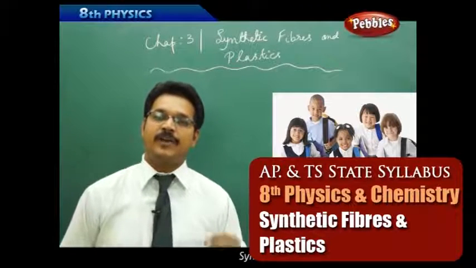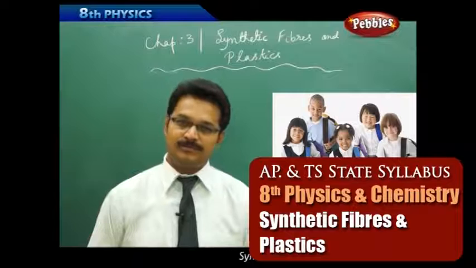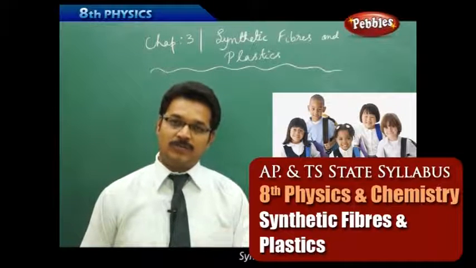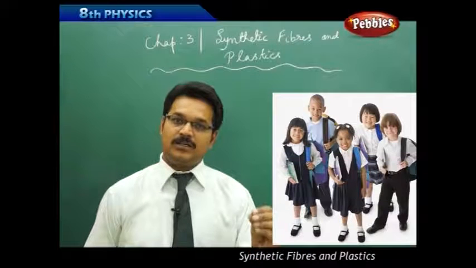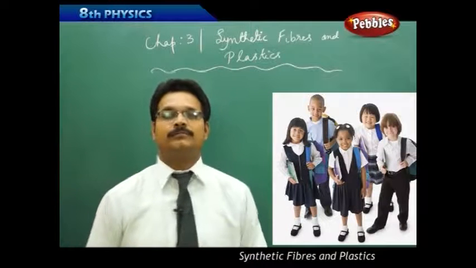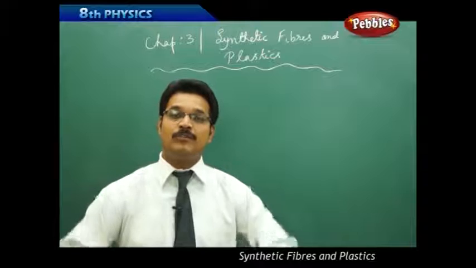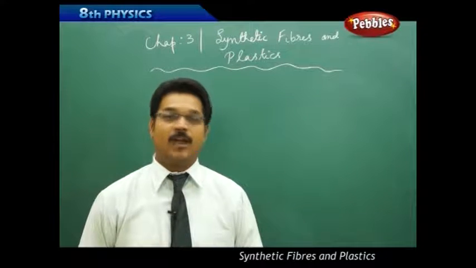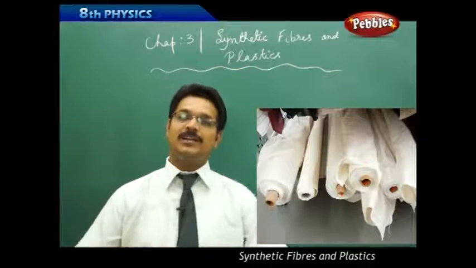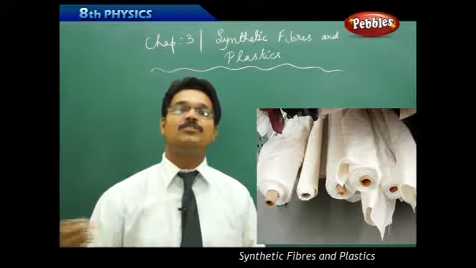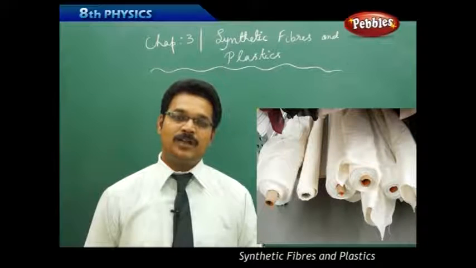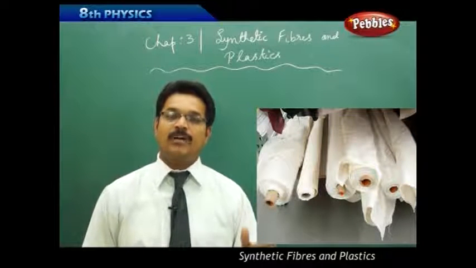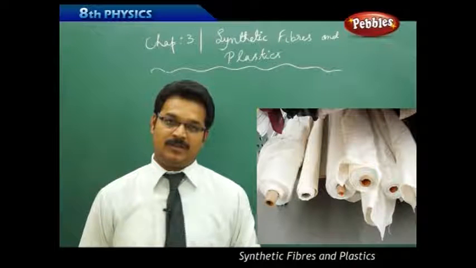And if you want to have the white shirt and blue pant, you go to your clothes showroom and ask the salesperson to show you the white cloth and blue cloth. Then what happens? They will show you many varieties of white clothes in front of you. And you get confused. All look like white. Which one do you have to choose? And the question comes: why are they showing many varieties of whites?